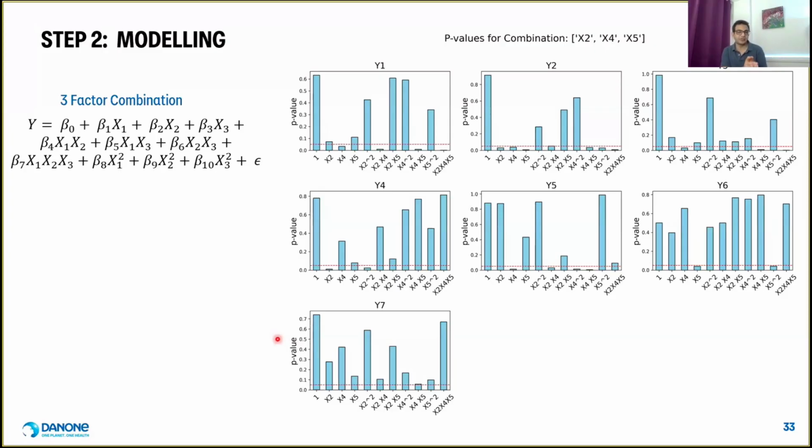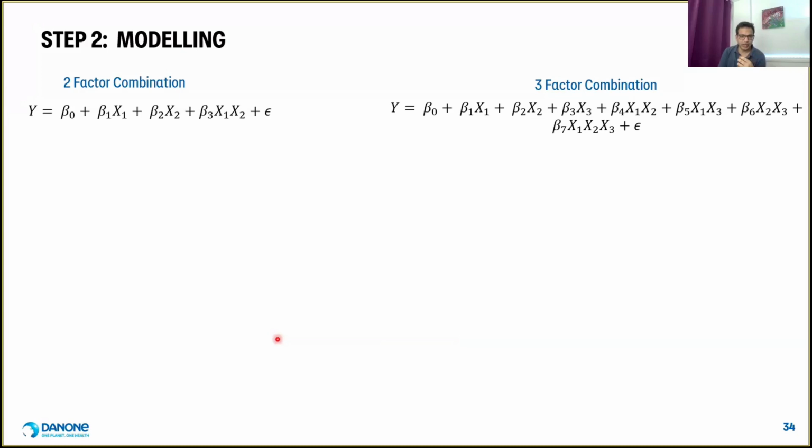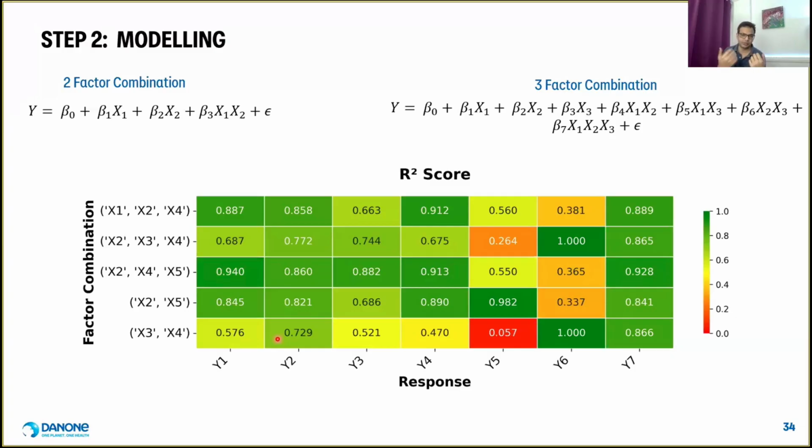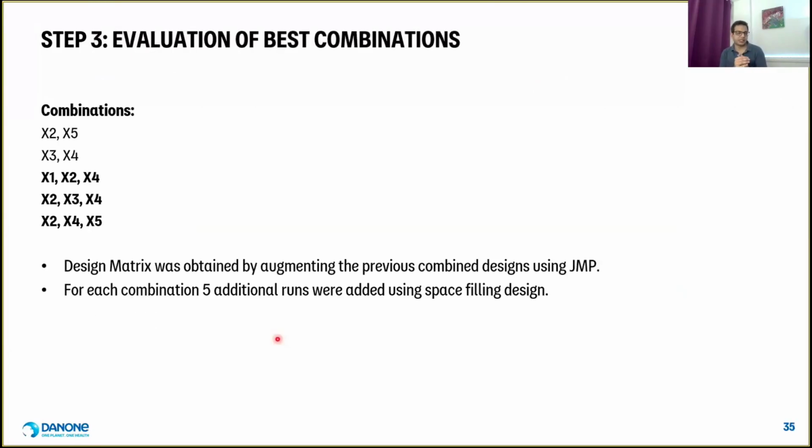And for each response parameter, we need to find out which of the factors are significant. So just to illustrate this point more, next, even using this limited data set, we removed quadratic effects. And then our R2 scores actually became really bad. So this was a hint that quadratic effects are important for some of these parameters and we need to include them. So when we went to step 3, out of these 5 combinations that we looked at,